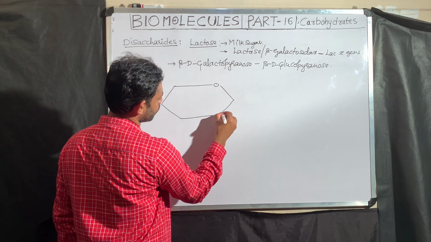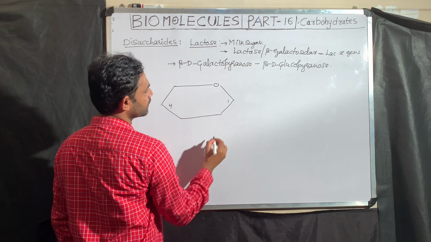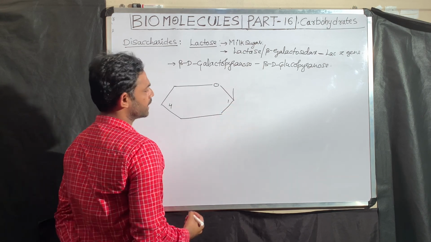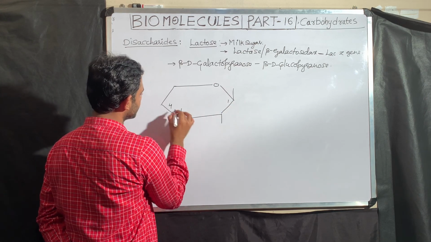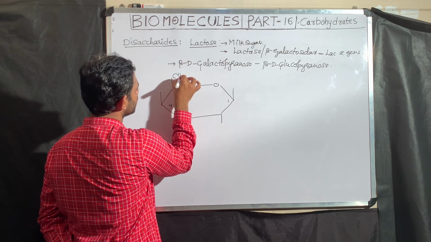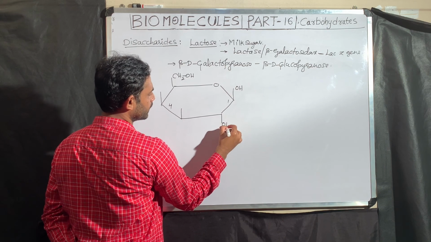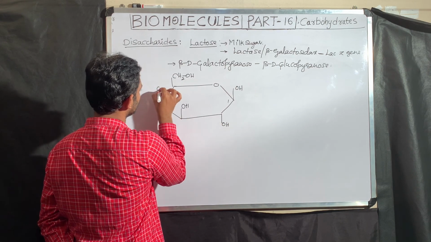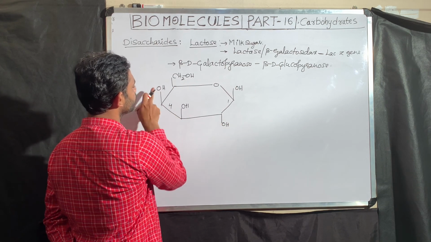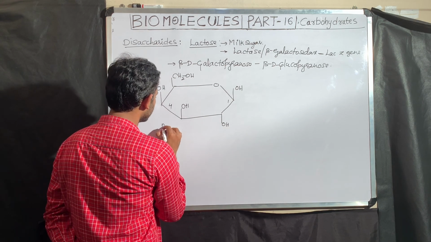This is a pyranose, 1, 4th carbon. Beta, the OH group is upside. Galactose, right? Carefully understand. CH2OH, this is the 6th carbon. OH, OH, OH, OH. The 4th carbon OH group is also upside. This is a